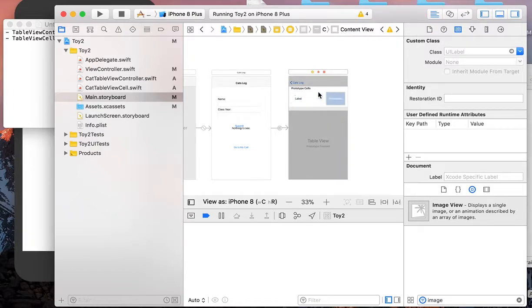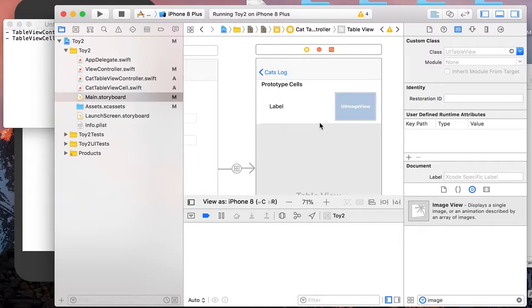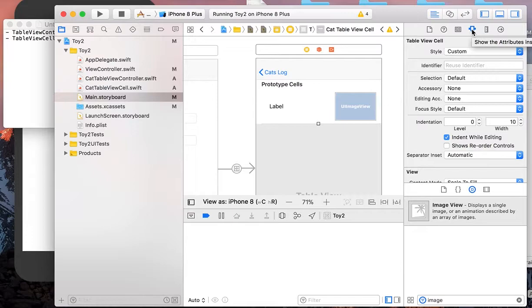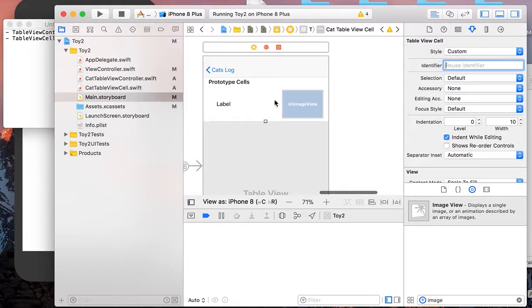So let's zoom in. We have selected our prototype cell, and it's under the attributes inspector, where there's a reuse identifier. This should be a unique string for each different prototype cell. In this table view we only have one prototype cell, but when you have other table views, you should use a different identifier for them. So let's just name it cat cell and hit enter,